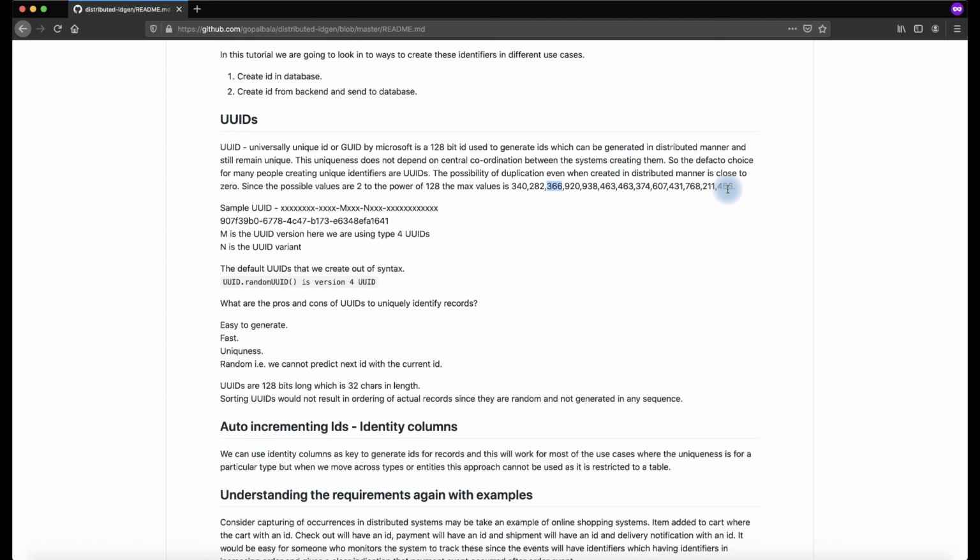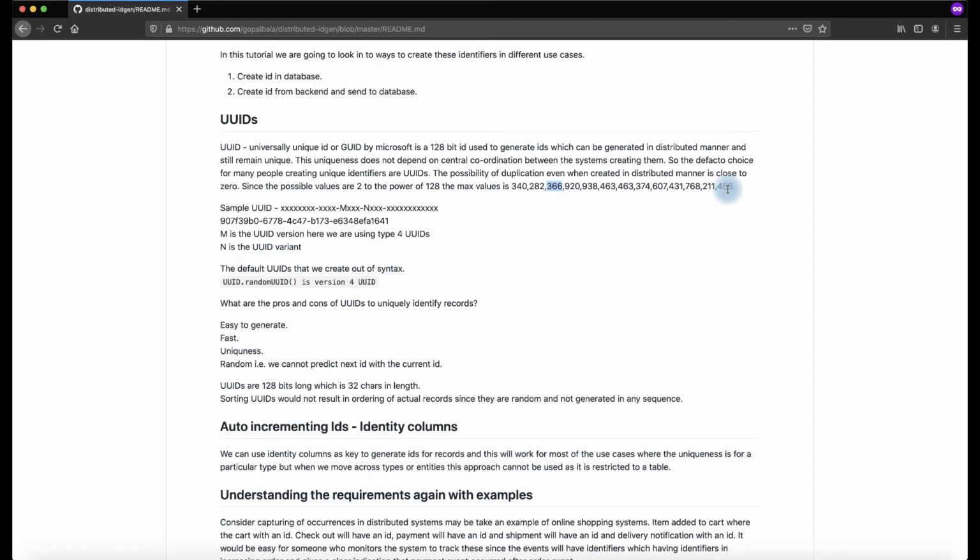It is far negligible; until this time I have not seen anybody reporting that the unique IDs are colliding. So this is the range of values that we can generate. Whether we generate it from a laptop or from servers, it will not collide at all. So we can guarantee that we will be generating unique IDs.